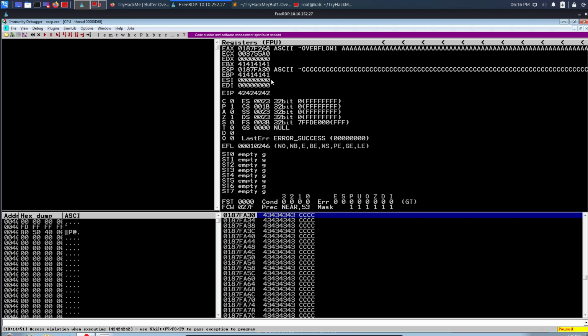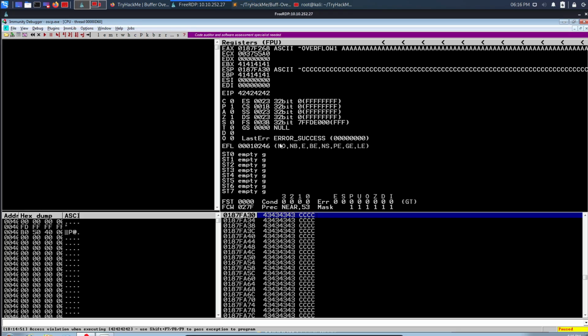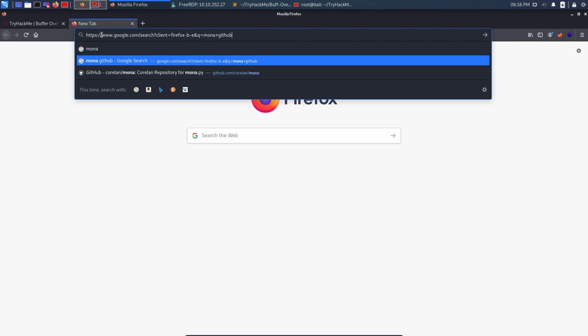So let's start making our exploit much more on our way. What we need to do right now is to jump that EIP. We need to use a tool, or you can say a Python script called Mona. Now I am using this TryHackMe virtual machine, so they have already installed it. But if you are using your own Windows machine, what you need to do is you need to come here and search for Mona GitHub,